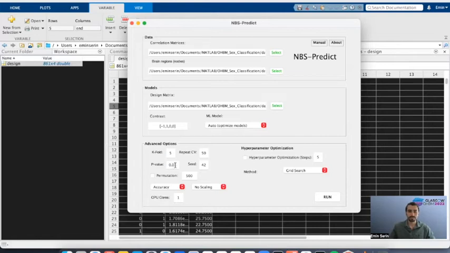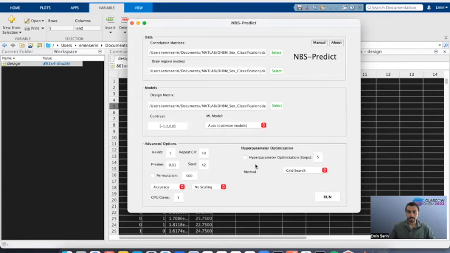For example, if your data is really sparse, you can increase the p-value to higher numbers, like 0.05 or 0.1. But in today's analysis, we're just going to use the default parameter, which is 0.01.